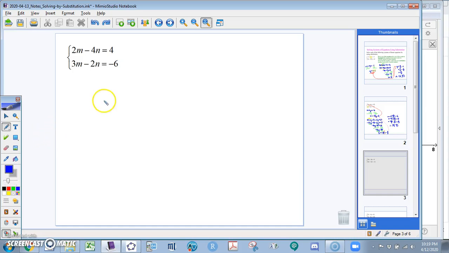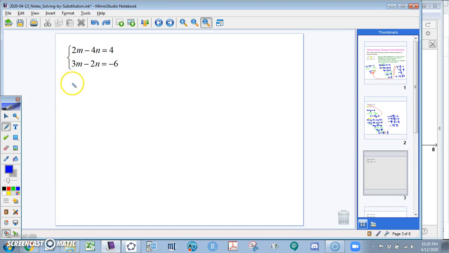I want to go through some more examples of solving systems of equations by substitution. So let's say that we had 2m minus 4n is equal to 4 and 3m minus 2n is equal to negative 6. The first thing you'll notice there probably is that we don't have x and y, we have other